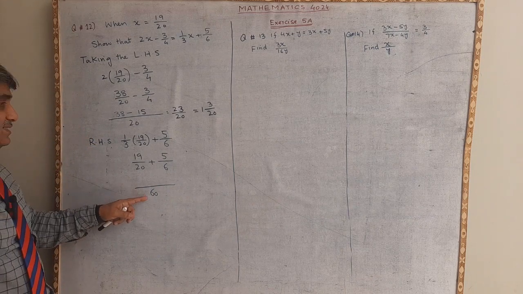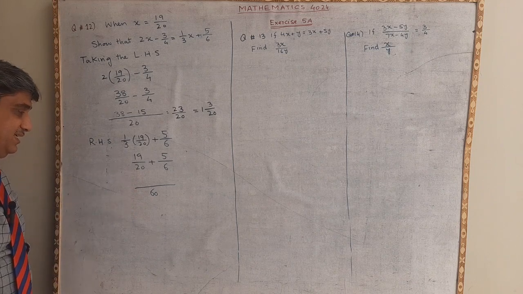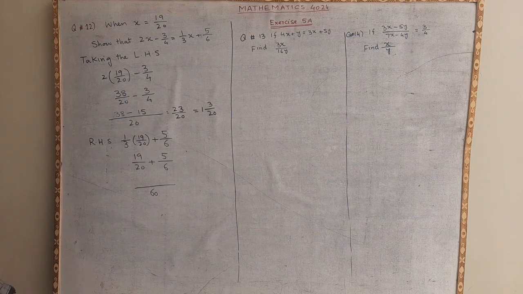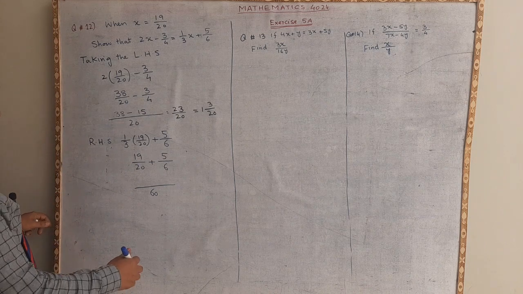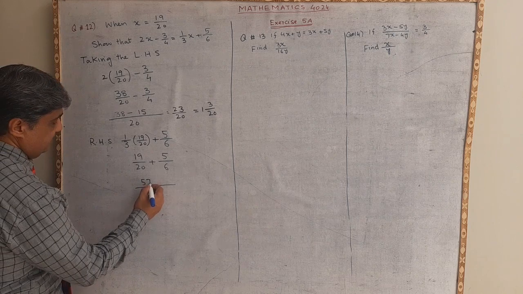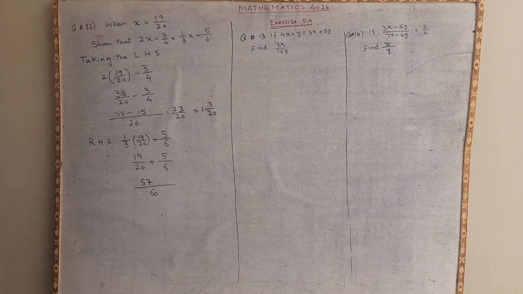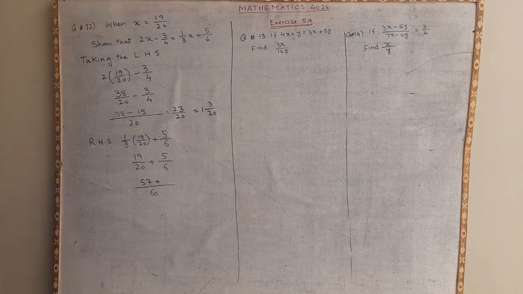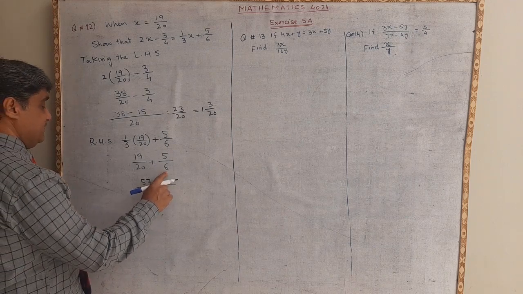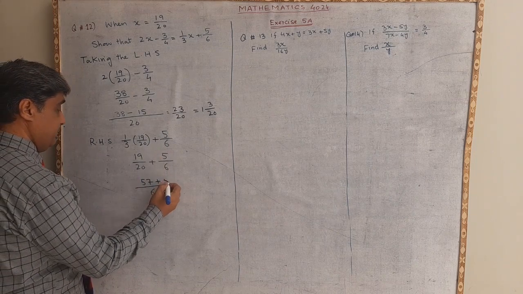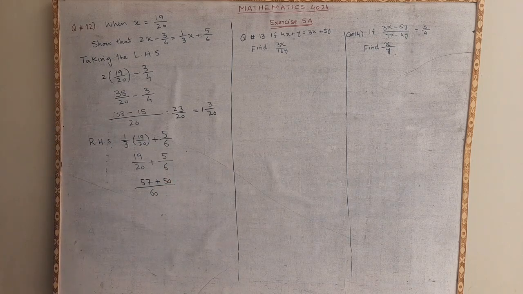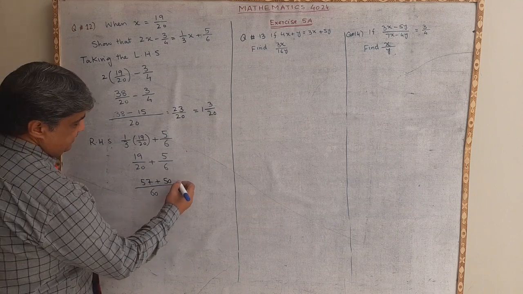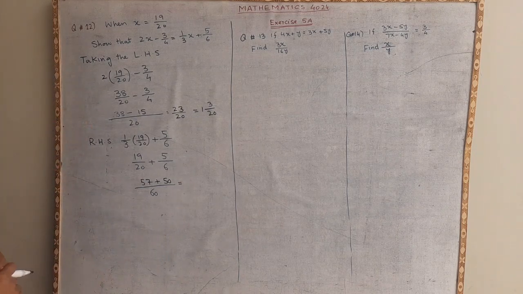and when we divide this 60 by 20 we will get 3, and then we have to multiply this by 19, so it will give you 57, and then we have to press the plus, and then 60 divided by 6 will give you 10, and 10 multiplied by 5 is 50. So let us see whether we are getting